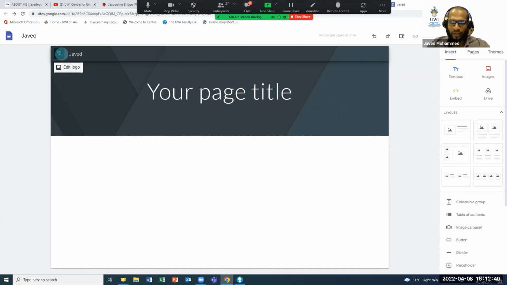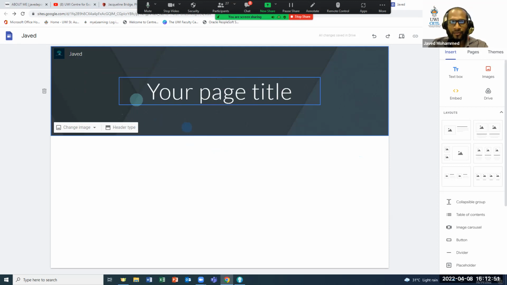And this first page will always be your home page. Now, the other thing I would want to do is look at the theme for my header. I kind of like the abstract lines in the background, but I probably want to change the color scheme.